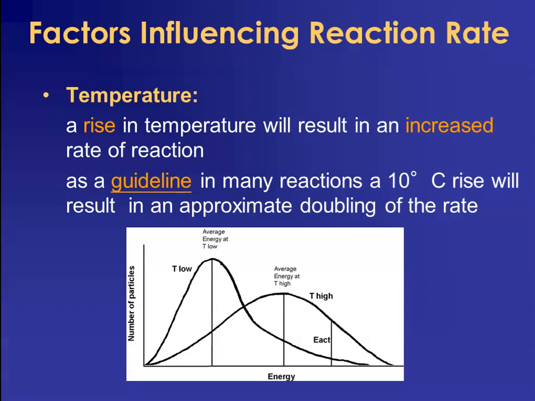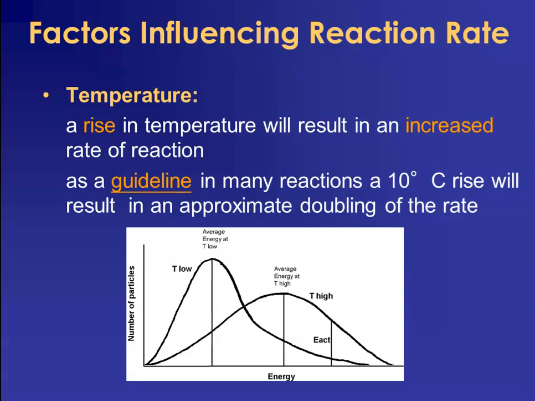And when you take a look at this graph below, I want you to notice that you have two temperatures that are being examined, T low and T high. And then I also want you to notice a line towards the end of the two curves on it. Energy is on your x-axis, but then you see E act down there at the far right-hand side, your activation energy. That would be the threshold energy those particles need to reach to be able to achieve that transition state. So you've got your number of particles on your y-axis, and at the low temperature, you have